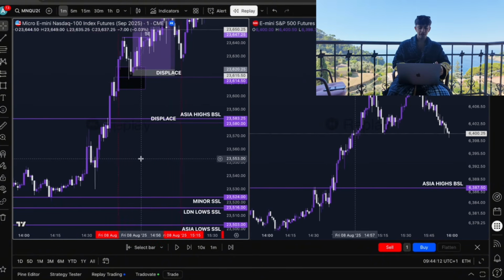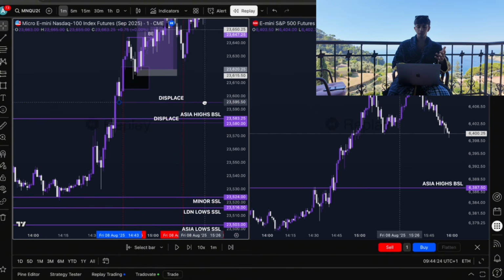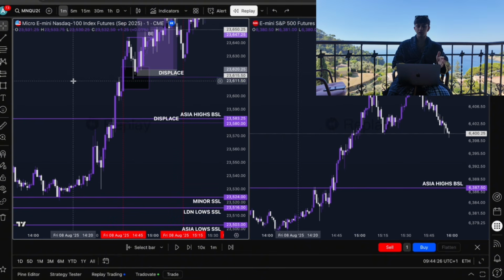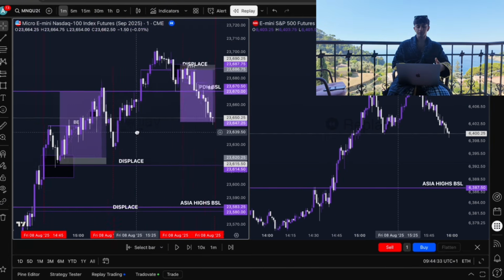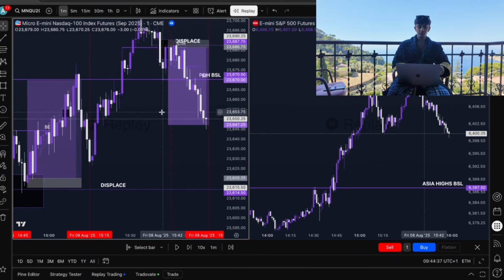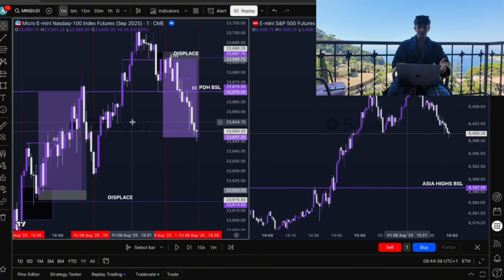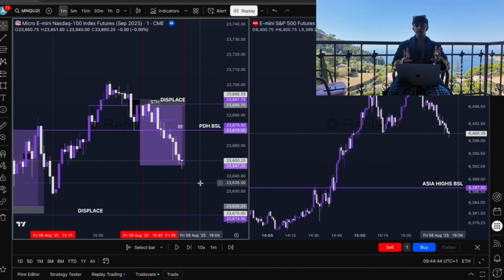Although we did have the sweep of sell side, bullish SMT, when price did come up and take out London highs, it would make it valid to look for shorts. But I still took the longs, because the longs, just from experience, I've seen this model play out 100 times before, and it's just a different variation of the ICT silver bullet. So it was still valid to take, but again, the shorts were just as valid as well. So a green day is still a green day. They're both just as clean as each other, and that's that. There's nothing more I can really say on that. And simple as that, guys.